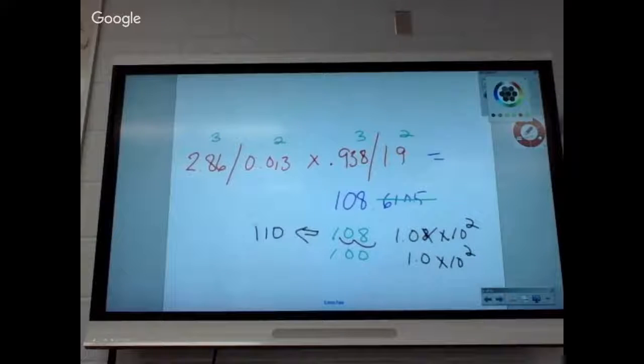Anything else that y'all wanted to ask about on the lab? Those are the things I noticed I wanted to comment on. Okay, so on the even number problems, I want to run through and let you have a chance to calculate those, and then I'm going to go over those answers with you, and then we're going to do the lab. Okay, and we will probably take the rest of the class to do that, and I'll give you your homework